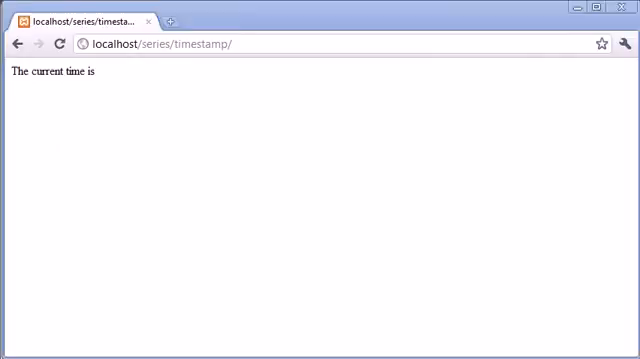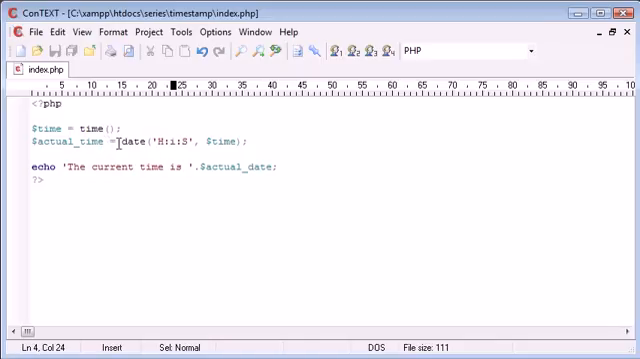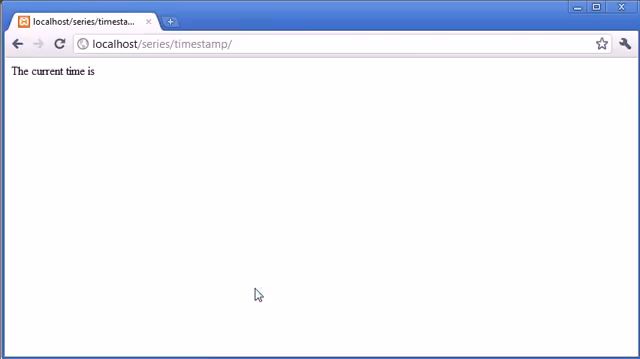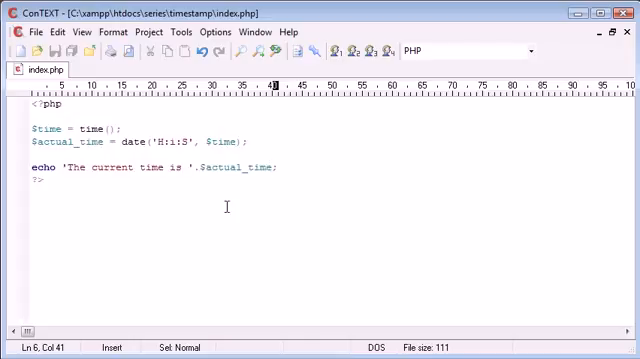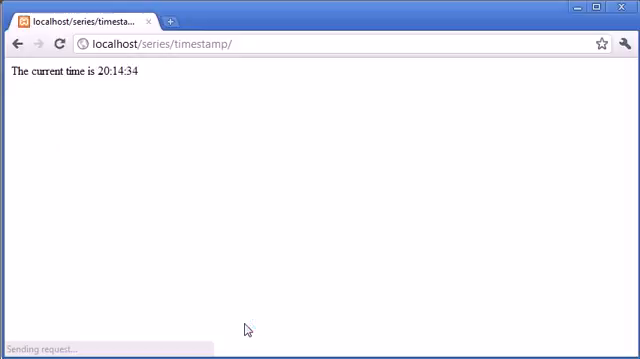Oh no, what's happened? Okay, yeah, that's because I've put actual date instead of actual time there. That's my variable naming wrong. So let's refresh and we'll see what's happened. Oh, we've got ST there. Oh, that's a small s. Refresh. So, okay, now we're showing the current time is